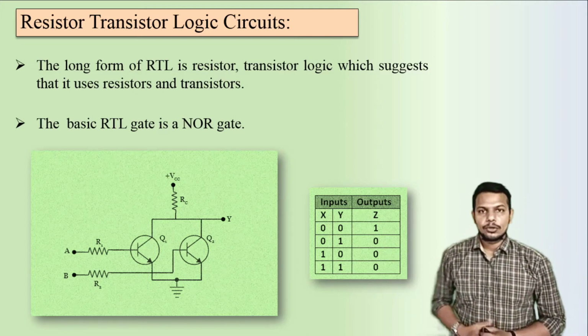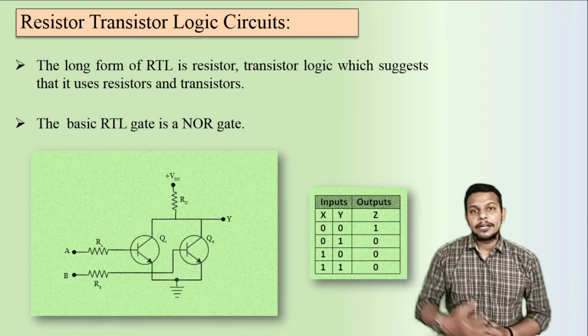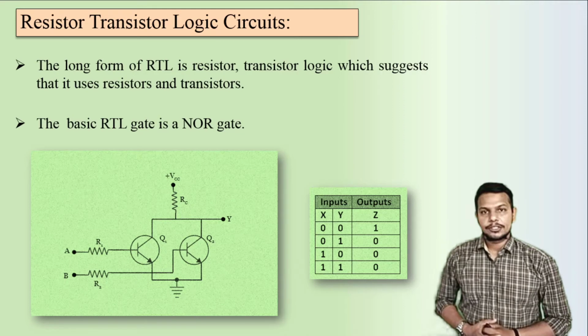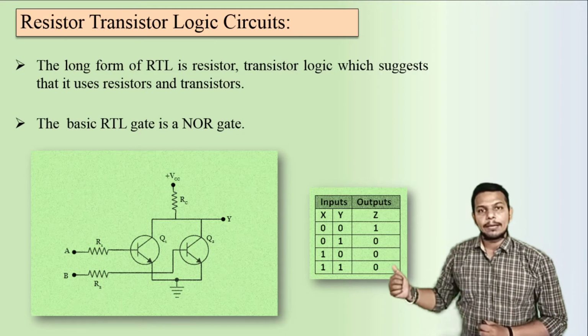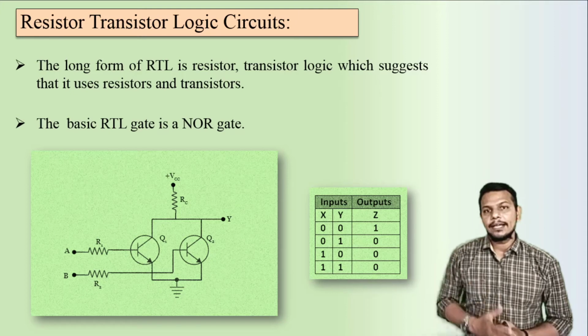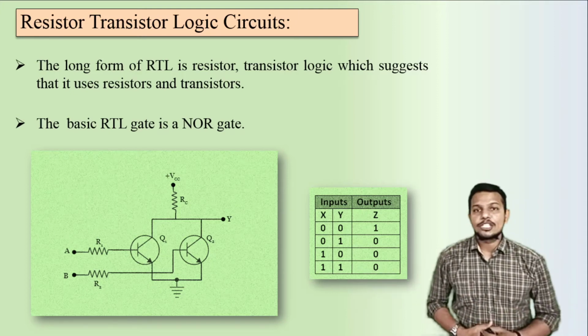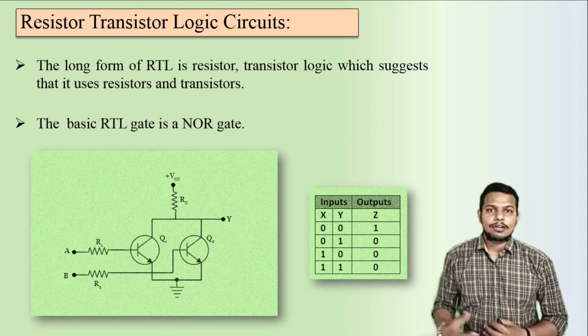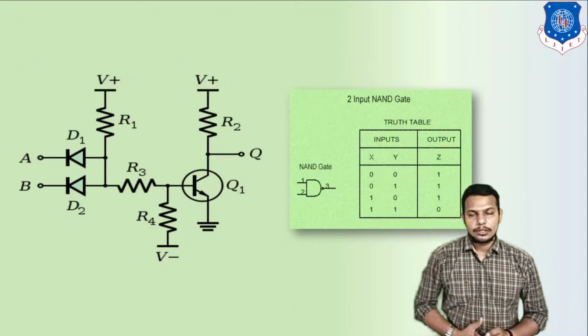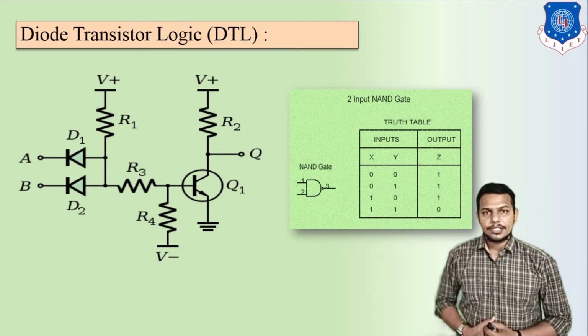So here we can see this is the truth table and explanation of RTL logic circuits. If I apply 0 0, then I will get 1 at the output side due to this logic. That's why it is known as resistor transistor logic. Next, to overcome a few disadvantages,